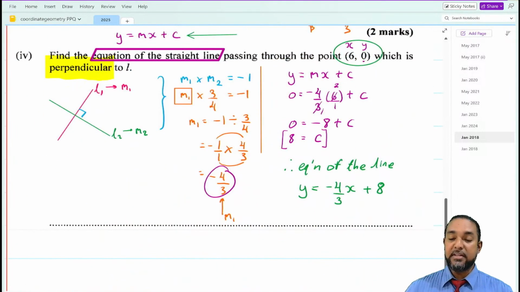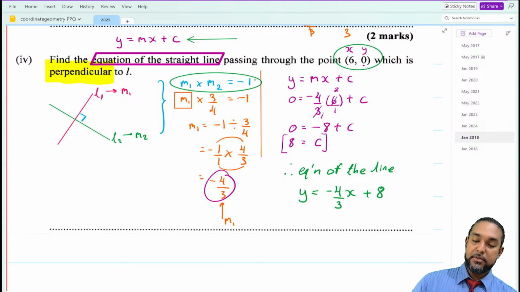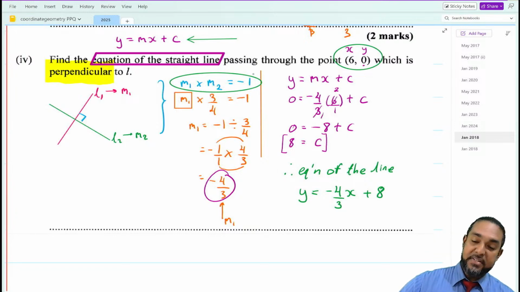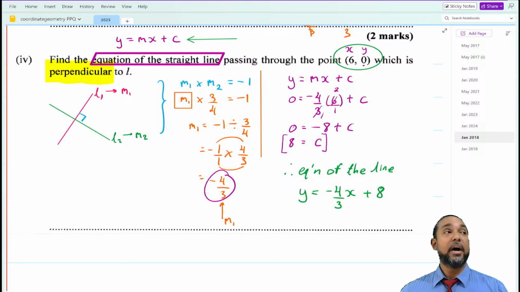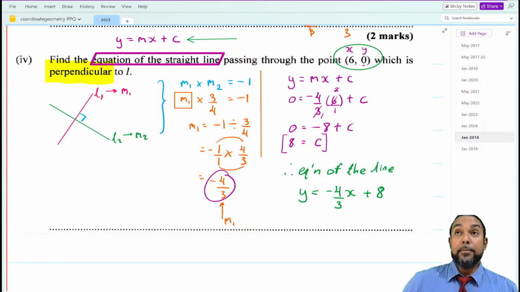Now, if we know the two lines are mutually perpendicular, they are perpendicular relative to one another, there's a relationship between the gradients. If you multiply the gradients of two mutually perpendicular lines together, we always get -1. What that means is if you have one of the gradients and you want to find the gradient of the perpendicular line to it, all we have to do is take minus 1 and divide it by the gradient we have. Why? Because if I'm multiplying these two things to get that, and I have one of the factors, to find the second factor, I just divide by the factor I have on both sides of the equation.